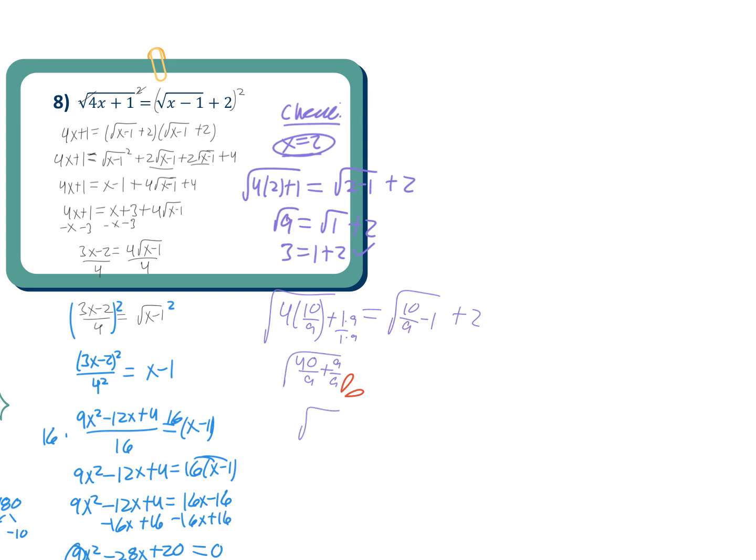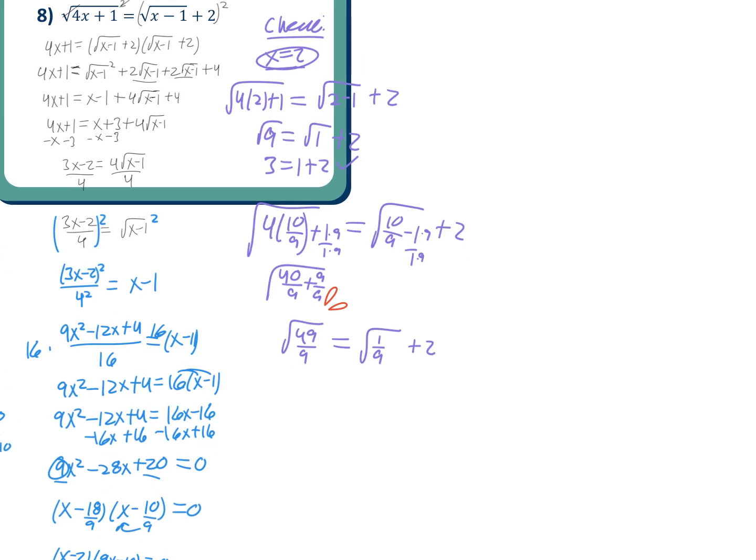And so we end up with, on this side, 49 over 9 under the square root. And then 10 over 9 minus 1, this is the same as 1 over 1. I can times by 9 on the top and on the bottom. And so I get the square root of 1 over 9 plus 2. And so over here, I get 7 over 3, right, when you square the top and the